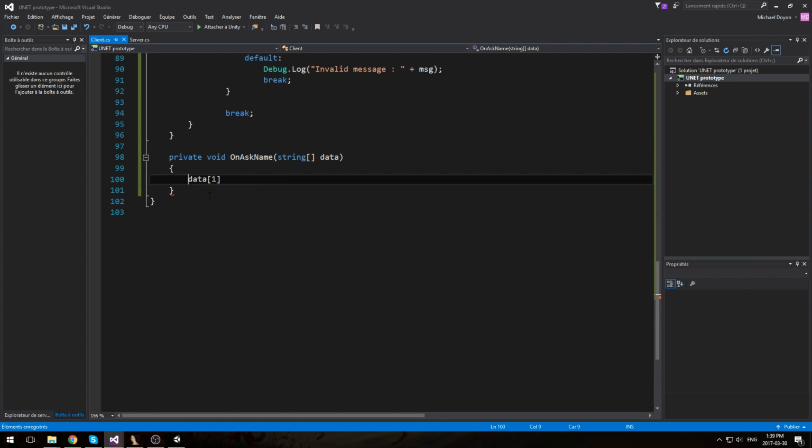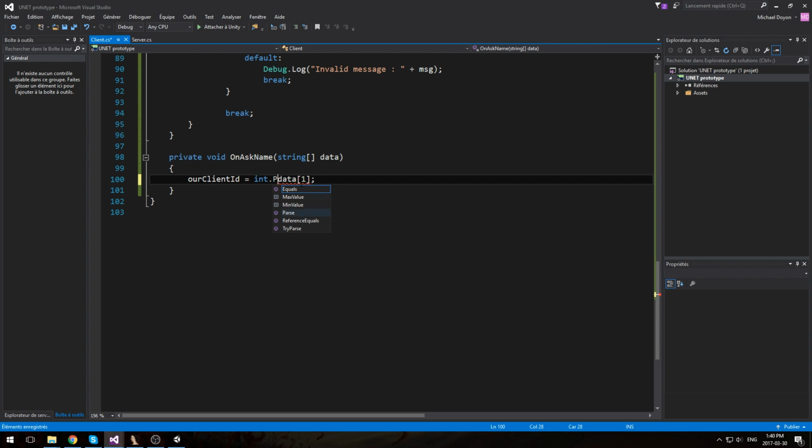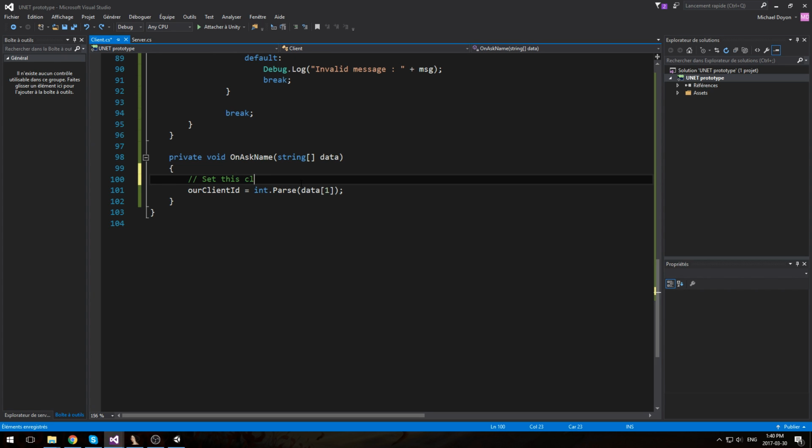We can say our client ID is equal to data at the index 1, and that's not going to work simply because data.index1 is a string, so we have to parse it first. So int.parse data.index1. So set this client's ID, and then we have been asked to send our name. We can also send our name to the server,